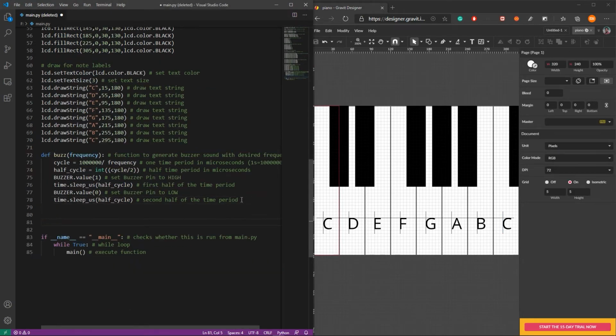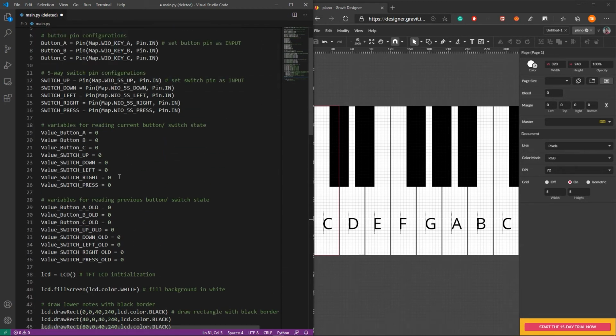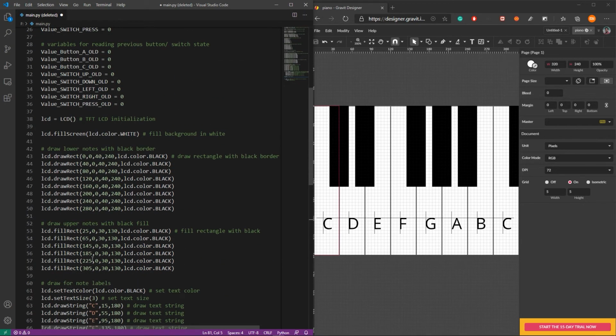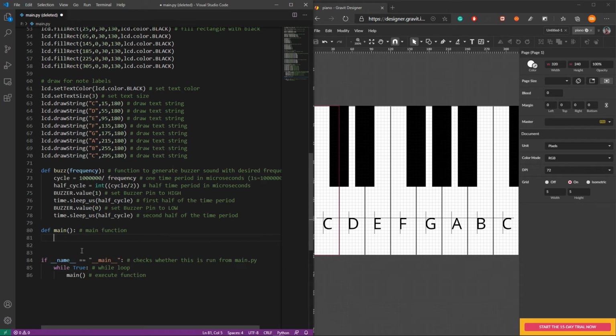Now let's move on to writing our main function. So type this, and that will be the main function. After that, inside this function we want to use these variables. So in Python, if you want to call variables which are outside the main function, you need to make those variables global variables.